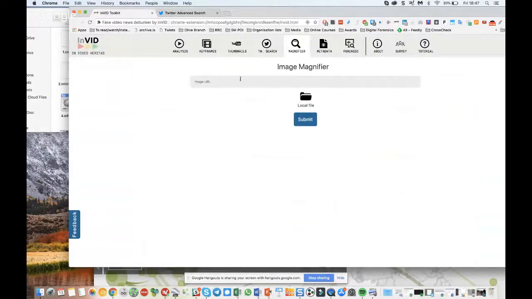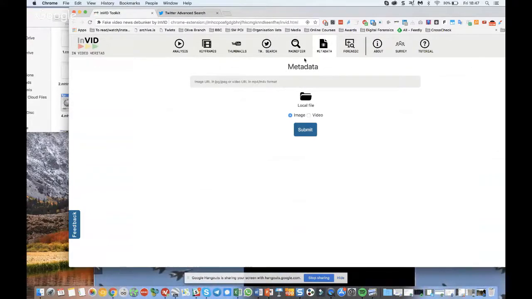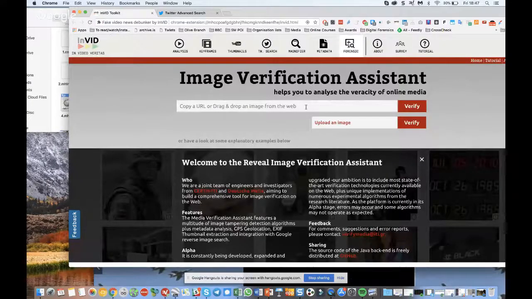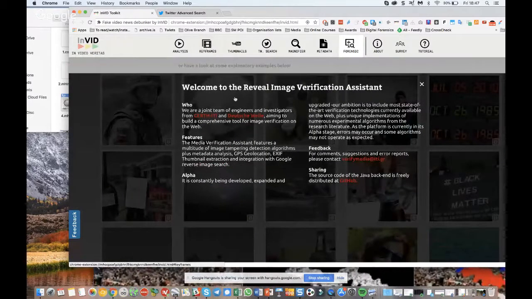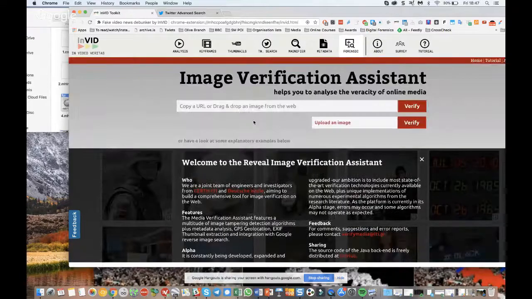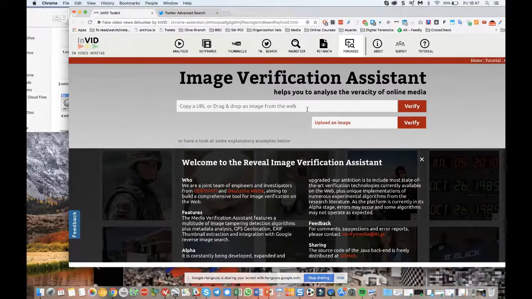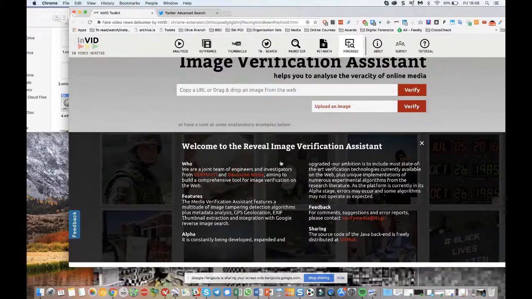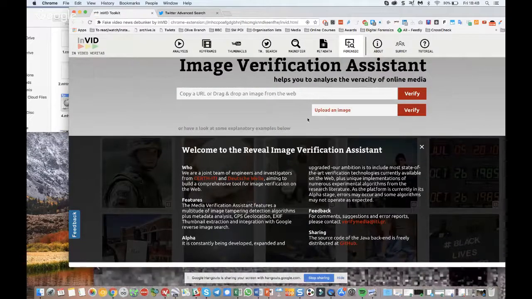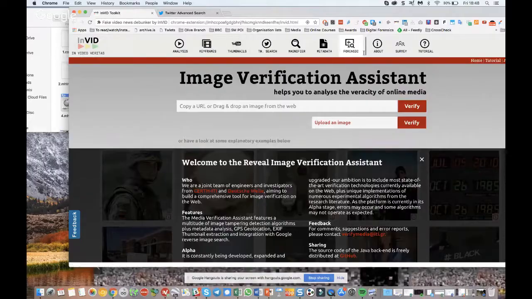Magnifier, if you have an image, is to zoom in, zoom out. Metadata is to give you metadata about the image or the video. And forensic, I haven't used that tool actually. I've always relied on analysis or keyframe myself. But I think forensic is you upload your video or an image. Sorry, this is for image. What it does is basically an analysis of that image, trying to find whether that image could be legit or not. So those are different options of InVid.